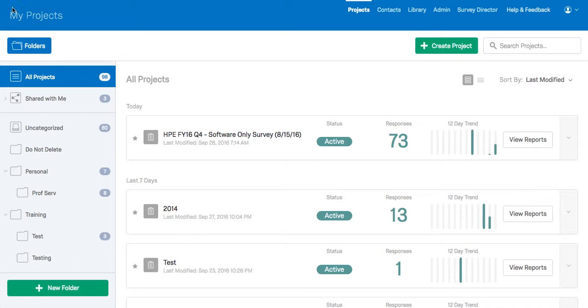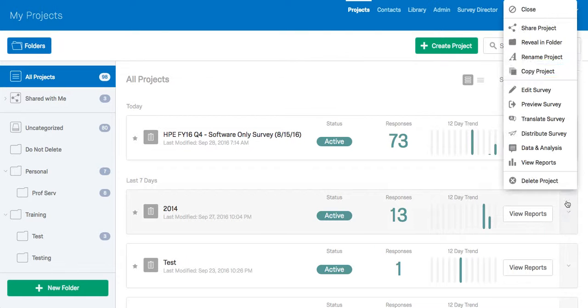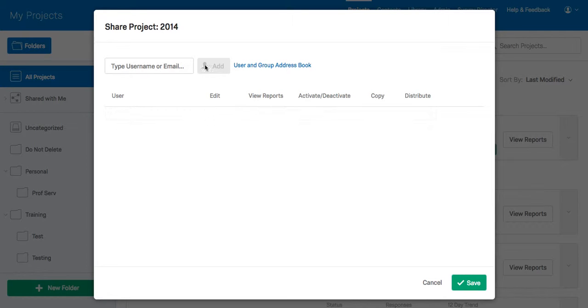So sharing a project is available through the My Projects area. Over to the right hand side of every survey, you'll have this little drop down list. So if I go to this one, for example, the first option here will be share project. If I click on this, it will open up a box and ask me who I want to share